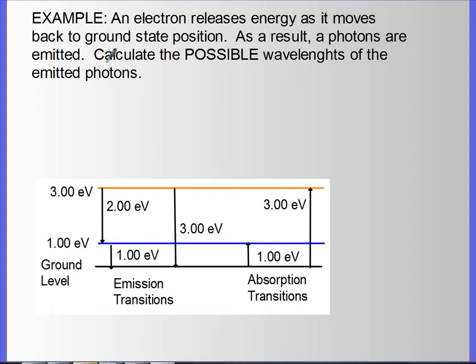Suppose I want to find all of the possible wavelengths of emitted light. And I've given you this diagram right here. Well, to go from ground to the next level is 1 eV. To go from ground up is 2 eV. So let me go and label them: n equals 1, n equals 2, n equals 3. To go from 1 to 2 is 1 eV. To go from 1 to 3 is 2 eV. So to go from 2 to 3 is 2 eV.